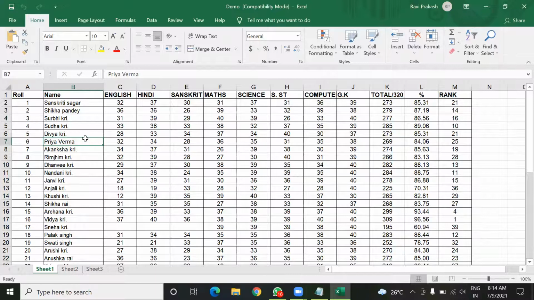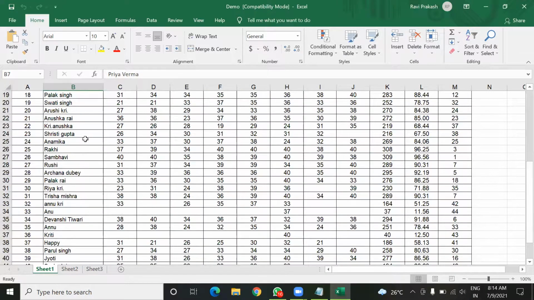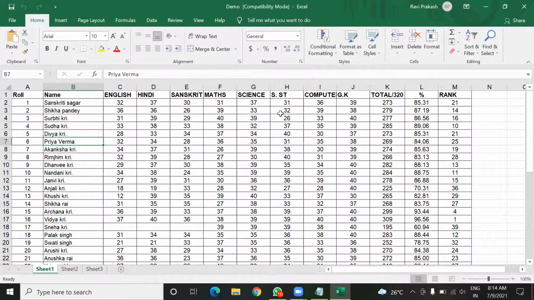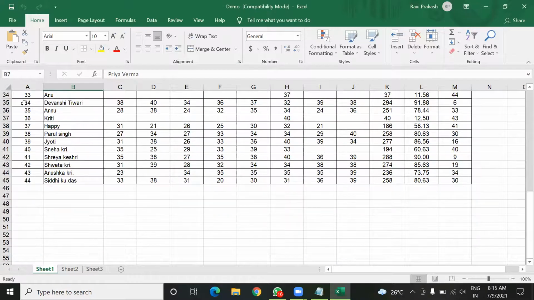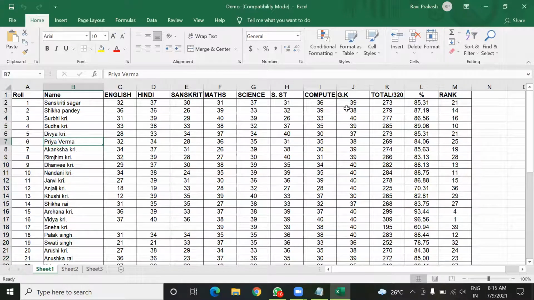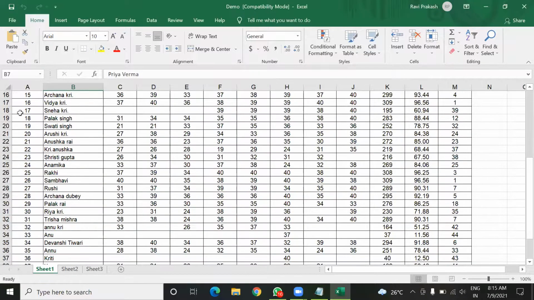In this sheet, you can see it is well arranged data, having roll numbers 1 to 44, names, and subject marks. It is already arranged roll number wise, in increasing order from 1 to 44.